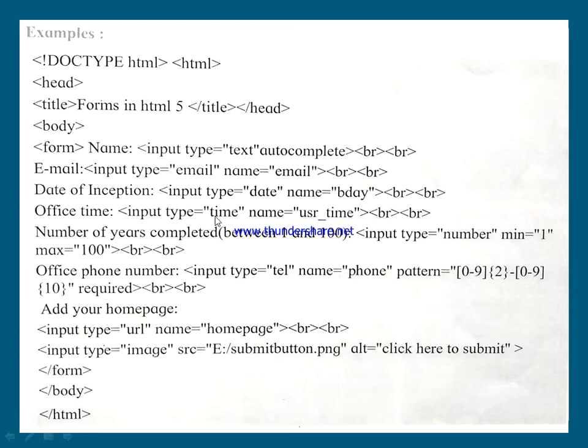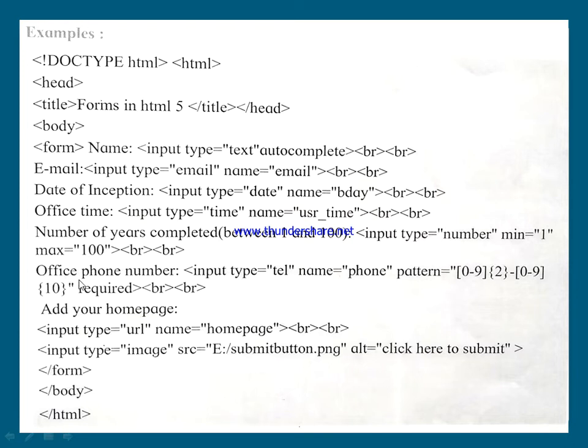Number of years completed. Now see, number of years completed should be between 1 to 100, so the value should be entered in that box. That means I want to restrict the user to enter a minimum value of 1 and a maximum value of 100. For this I can go for input type equal to number, because 1 to 100 are digits, and that should be accepted only by a number element of a form. So I provided min equal to 1, as I discussed this attribute in the previous slide. Min means the minimum value that should be accepted, that is 1, and the maximum value should be 100, which is introduced by the max attribute.